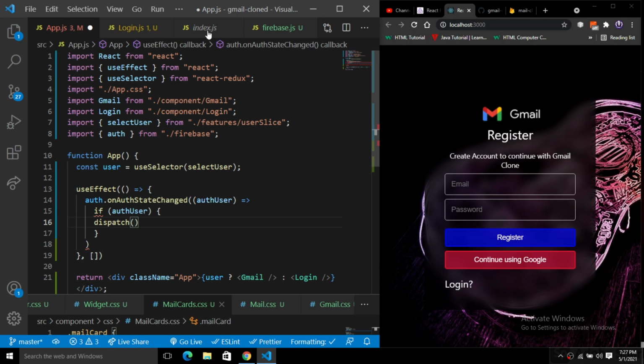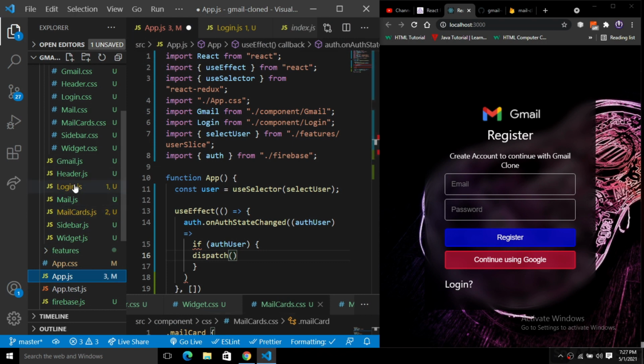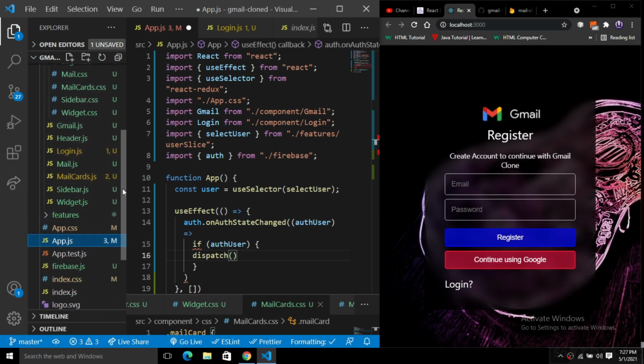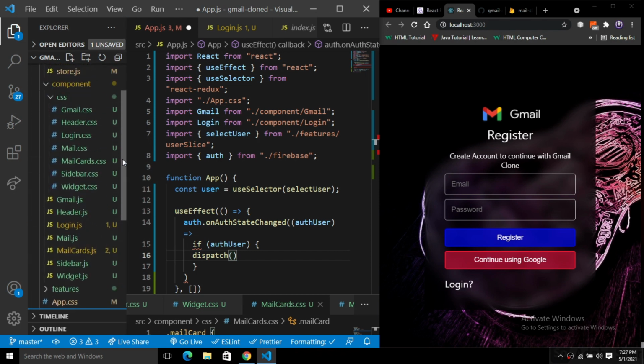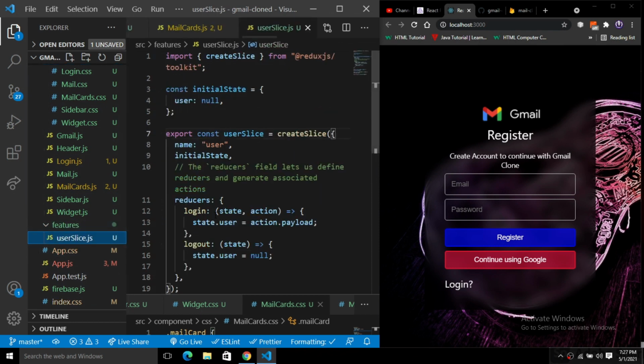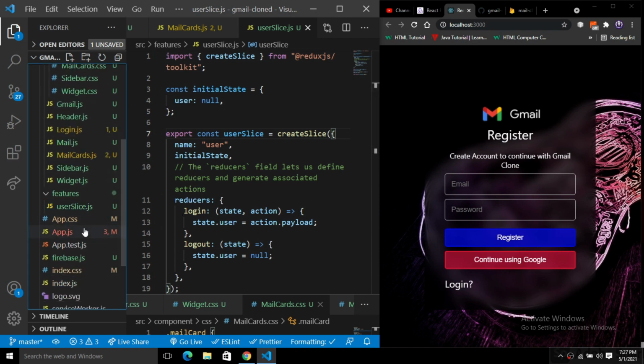So let me check if we have done it right or not. Let me check inside of this features folder, inside of this user slice. Okay, so we have a login and we have this logout, which is in lowercase, right?